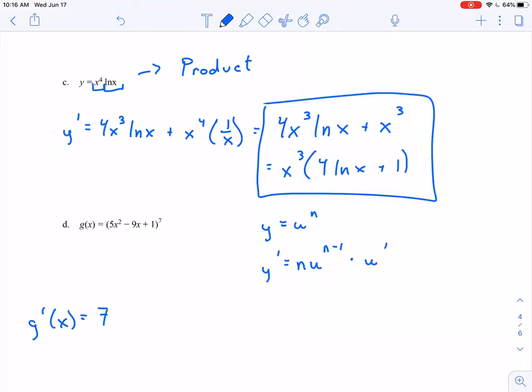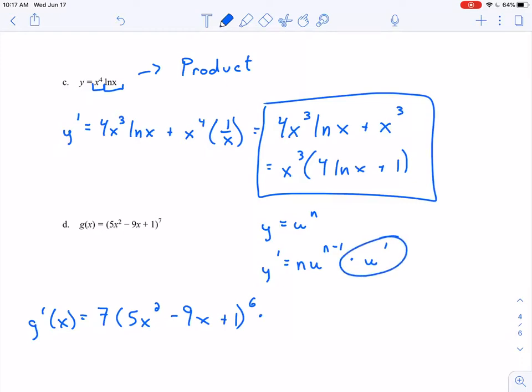That inside part's actually going to stay exactly the same. Then we subtract 1 from our power. So I'm subtracting 1 from 7, should be to the 6th power, times,